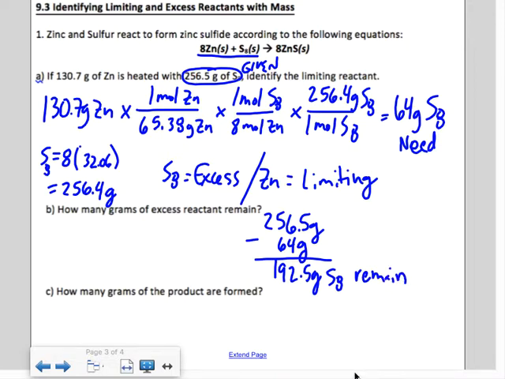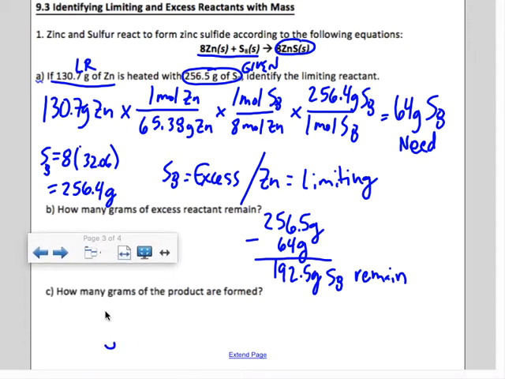How many grams of the product are formed? Now remember, with the product, you have to start with your limiting. And our product, if I go back to the equation, is zinc sulfide. So I'm going to start with zinc because that's my LR, my limiting reactant, and I'm going to go to zinc sulfide. So let's divide this out a little way. All right, so you start with what you're given, in this case your limited reactant,